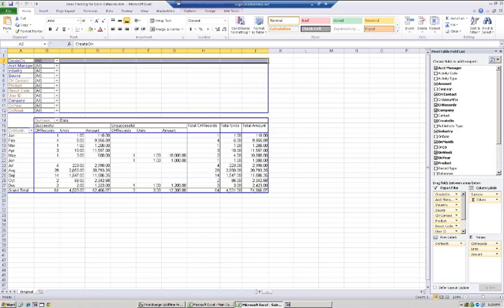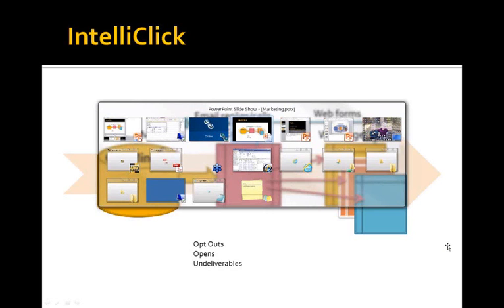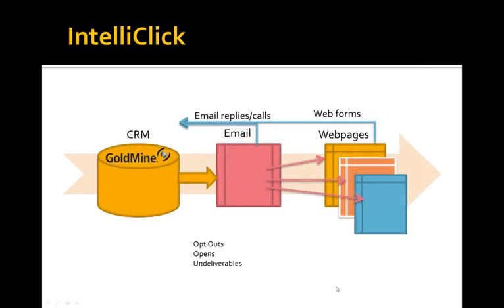So that might be a good time for me to bring up just a quick thing. I'm not going to try to sell you IntelliClick here, but I do want you to know about what IntelliClick does. And I created this visual some time ago as a way to illustrate the importance and the value of incorporating email marketing into how you use GoldMine. So what you're seeing here is an illustration that I came up with, showing what you can do with GoldMine, and to some degree also with